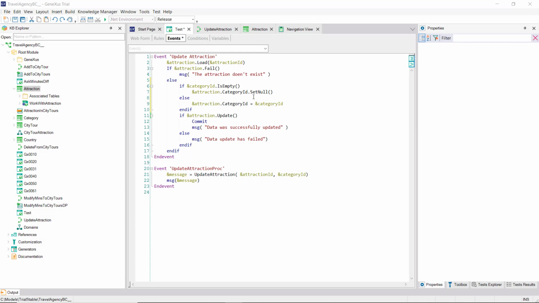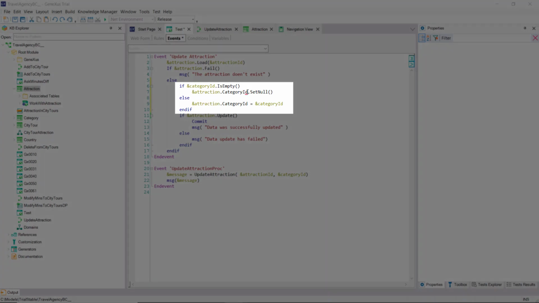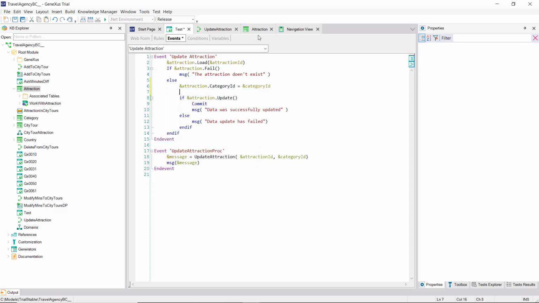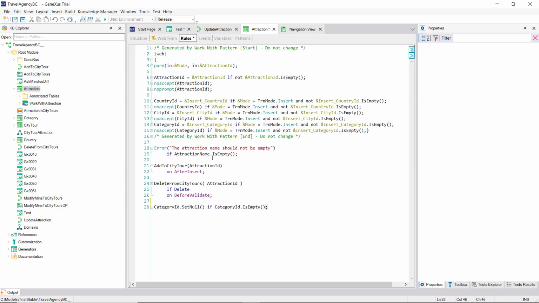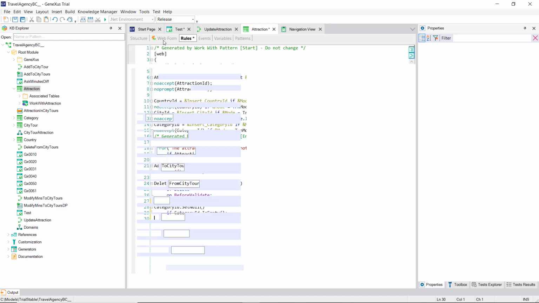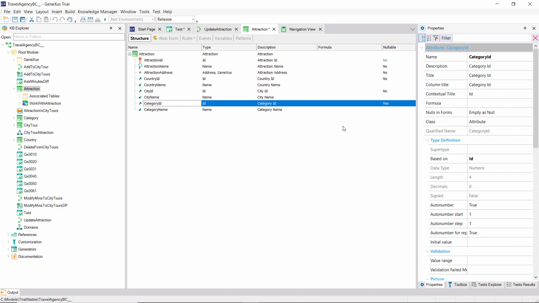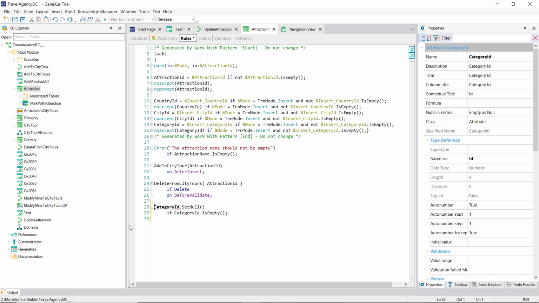Like we were saying, the other, more general option is to incorporate the set null as a rule in the transaction. Here, we'll remove it then. And we go to the transaction to specify that the attribute is set to null when its value is left empty. This is already done by default when using the transaction screen thanks to this property. So, strictly speaking, we can ask that this rule is only executed for the business component. We can always indicate that a rule is only executed when it's in the web transaction, or when it's in the business component by placing this mark.